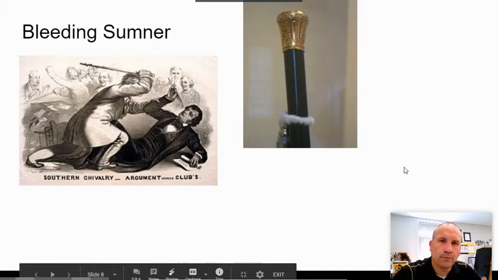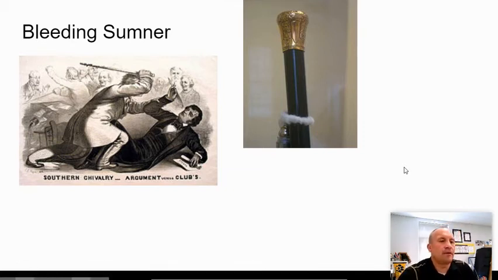Okay, let's double check our answers for Bleeding Sumner. The Sumner in Bleeding Sumner is Charles Sumner, who's senator from Massachusetts. He had given a speech on the floor of the Senate that was critical of Andrew Butler of South Carolina. Andrew Butler's cousin, Preston Brooks, took offense to this and decided that he was going to take care of Charles Sumner